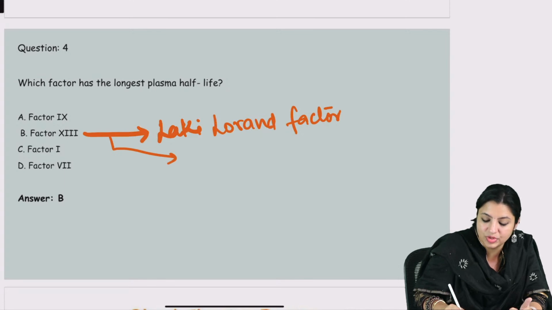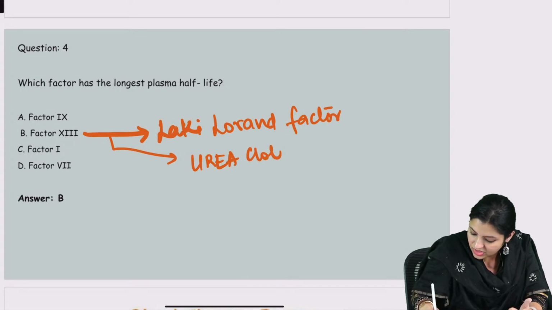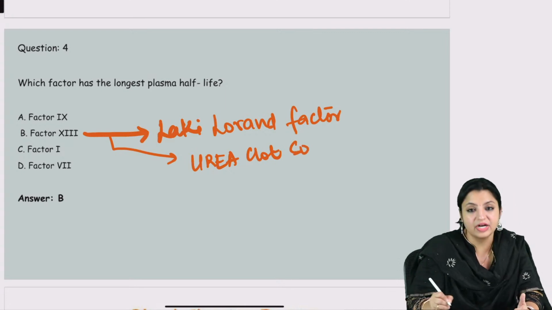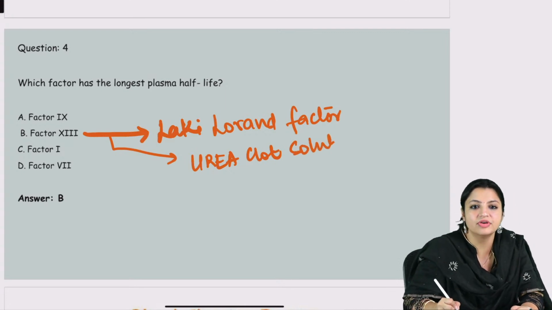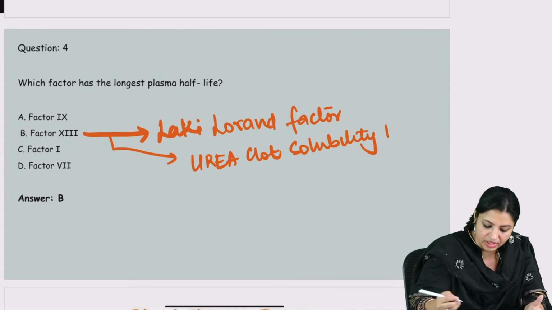What is the special test we do for this? Yes, very good everybody. This is called the urea clot solubility test. That's the test which you do for factor 13 deficiency, which everybody should be remembering. Apart from that, all of you should remember that